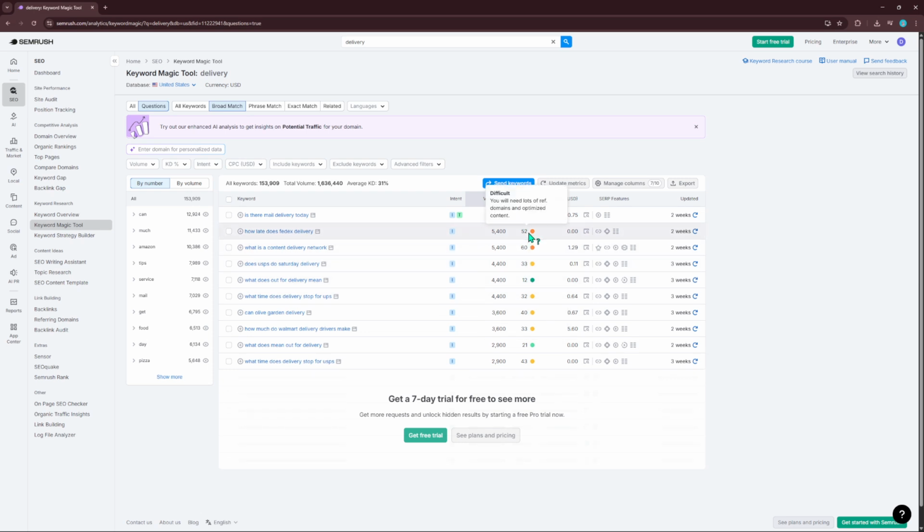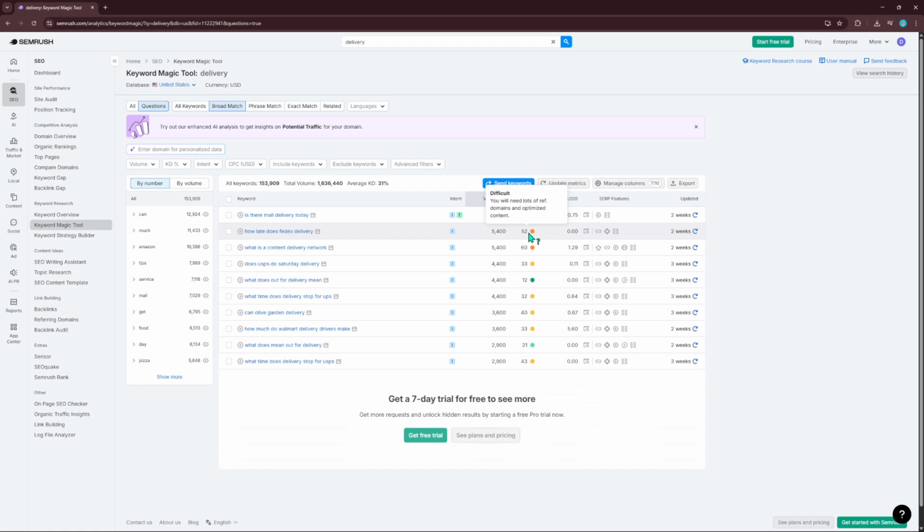If you want to refine further, adjust filters such as word count to favor longer phrases, sort by lower difficulty to find easier wins, and exclude branded terms you don't want to target. You can also explore the keyword groups on the left to uncover subtopics and related angles that fit your content strategy. As you evaluate options, look for a healthy mix of reasonable volume, manageable difficulty, and clear intent that matches